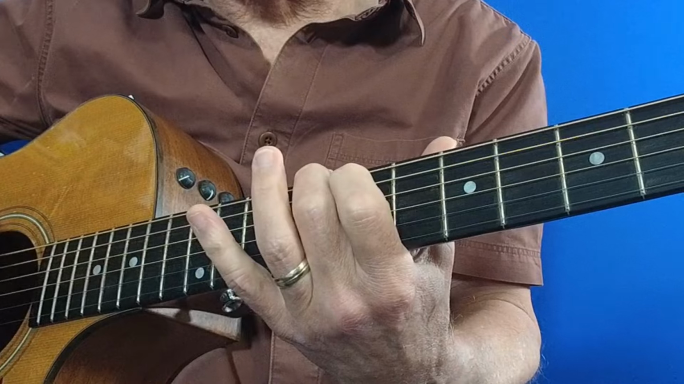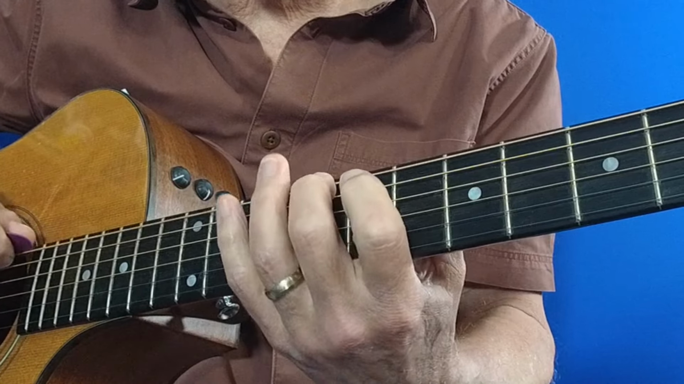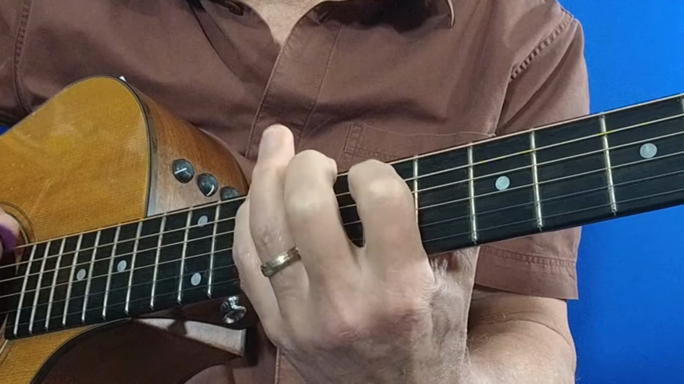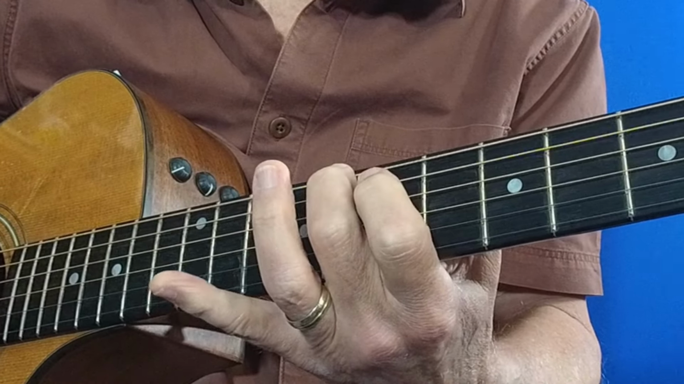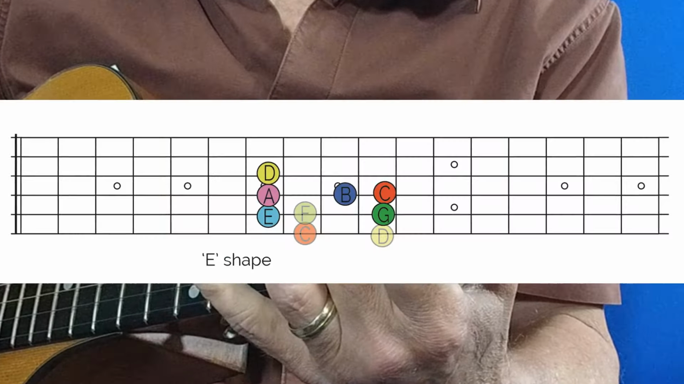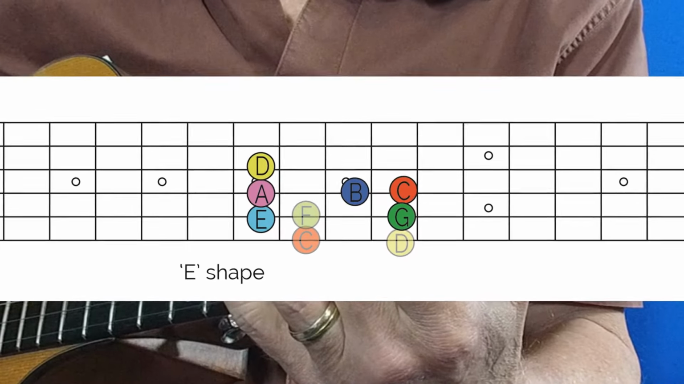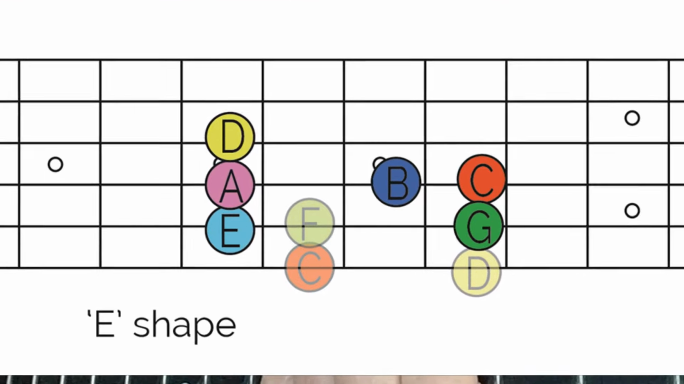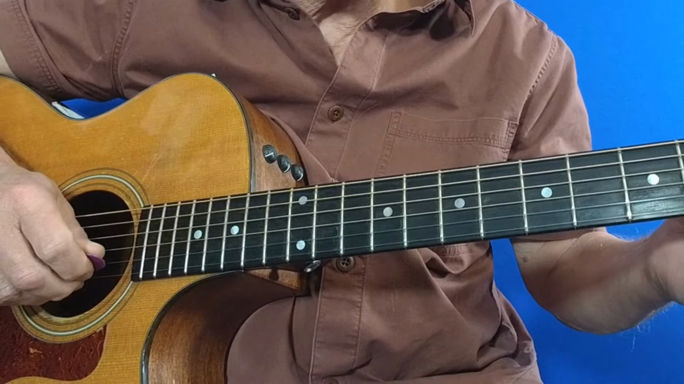I think I quite like this one. Easy fingering, a nice tonal balance overall. The D shape